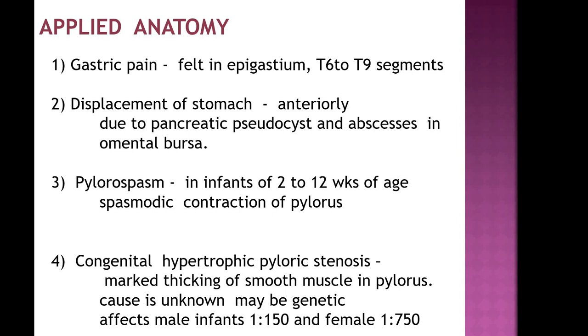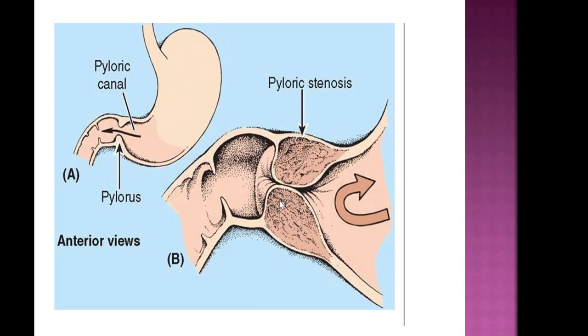Normally the gastric peristalsis pushes the chyme through the pyloric canal and the orifice into the small intestine at regular intervals. But when there is pyloric stenosis, the elongated, overgrown pylorus is hard and the pyloric canal becomes narrow, which resists gastric emptying. So proximally the stomach may become dilated because of the pyloric stenosis. So this is congenital hypertrophic pyloric stenosis, and we have to correct it surgically.